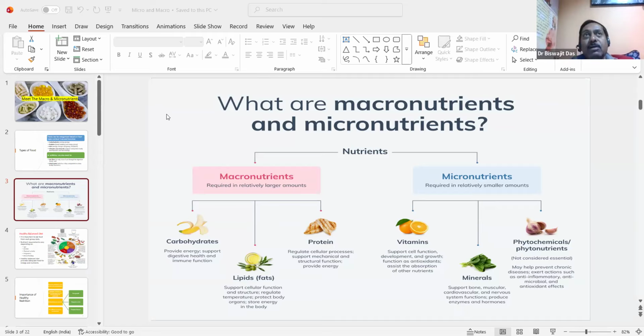All life processes are carried out by the things which we ingest. To put it shortly, proper metabolism. Nutrition means we are studying each and every food in a scientific way, in a scientific approach.